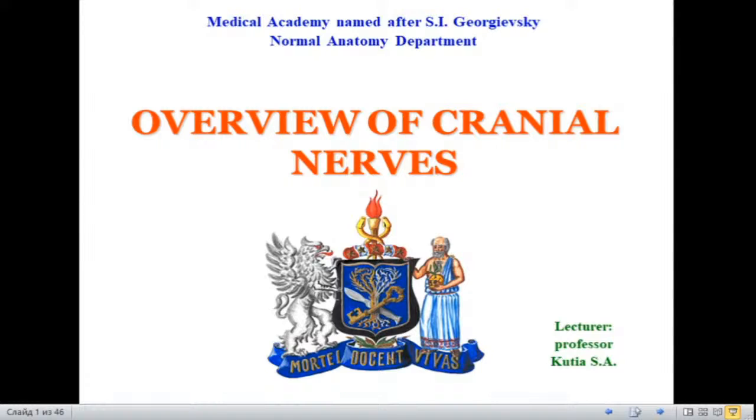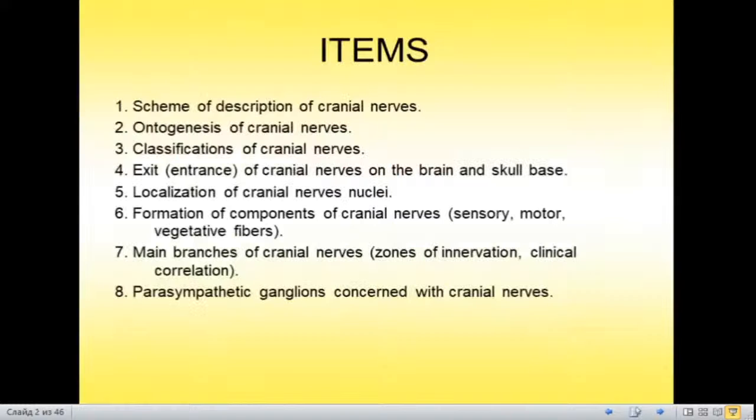So today our lecture is devoted to the cranial nerves. And in today's lecture we will discuss the following issues: a scheme of description of cranial nerves, development in ontogenesis of cranial nerves, various classifications, sites of exit and or entrance of cranial nerves at the base of the brain and base of skull, location